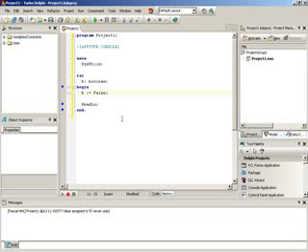Are you dealing with numbers? And if it's numbers, is it a whole number? Is it a real number with a decimal? Are you dealing with logical conditions like true and false? Are you dealing with text, characters, etc.? So you have to know what kind of data you want to store in that memory location so that when